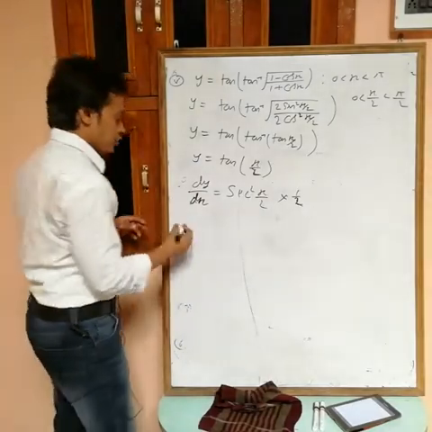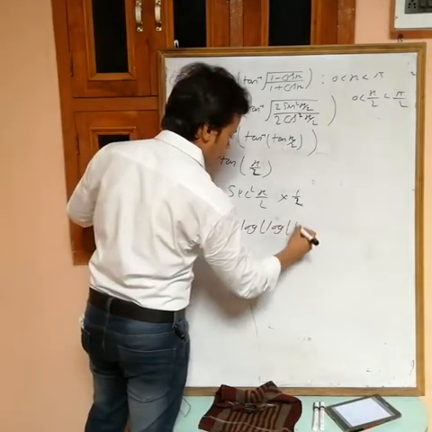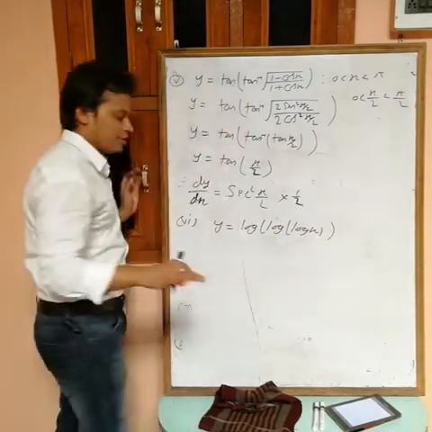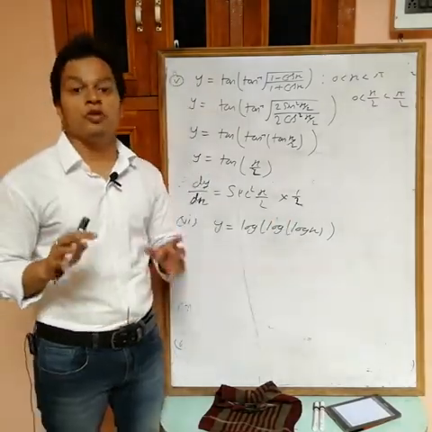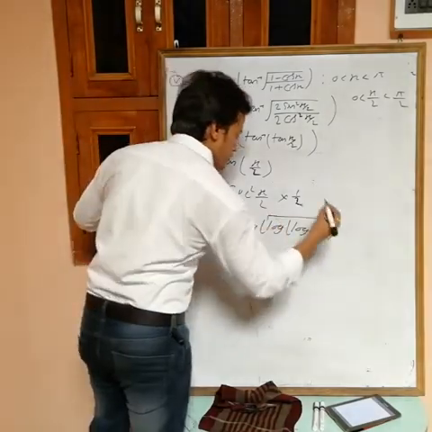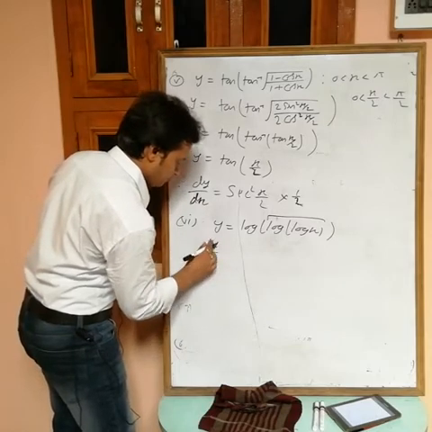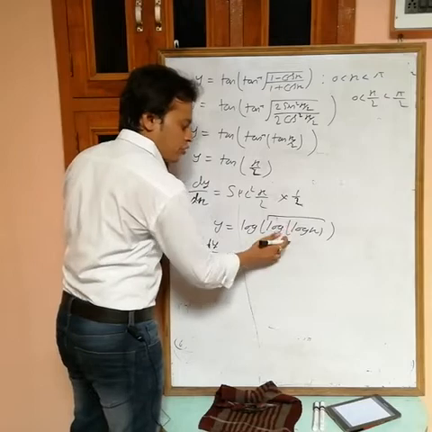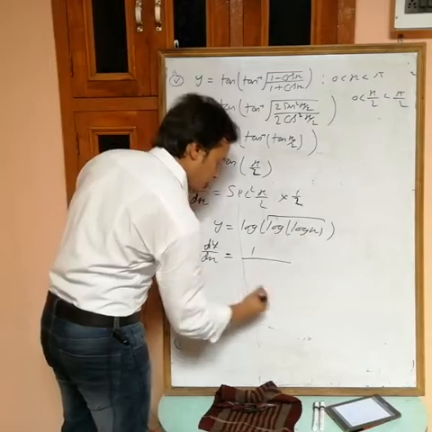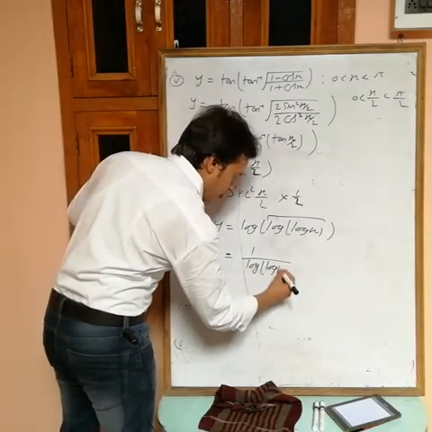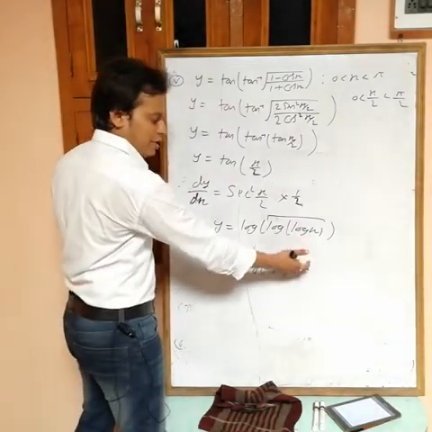Write down. Okay, 6th one. We have y equals log of log of log x. Differentiate this. Now this is simple. I can't differentiate the whole thing directly, but we have the differentiation of log x. So first I am assuming this one as x. Now see, differentiation of y is dy by dx. If you assume this one as x, this becomes log x. Differentiation of log x is 1 by x. At the place of x, what we have to put? Assuming x, log of log x. Now differentiate assuming x. It means I have to differentiate this one and multiply with this.